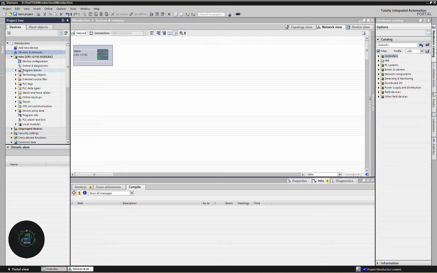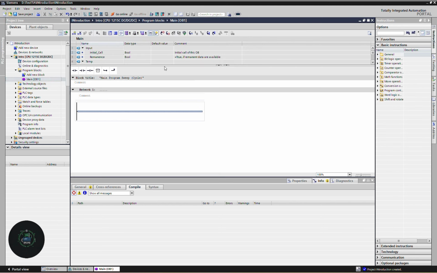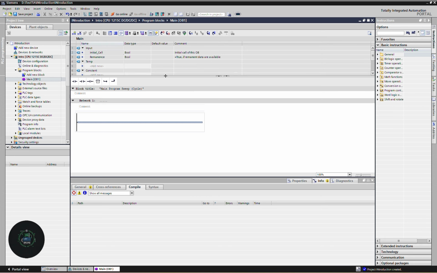And let's take a look at our project tree. Under CPU we have program blocks, where we can write our programs, and this is where we have our main OB1. Basically the OB1 is the block that will be executed in each cycle time of the CPU. You can write your program here,